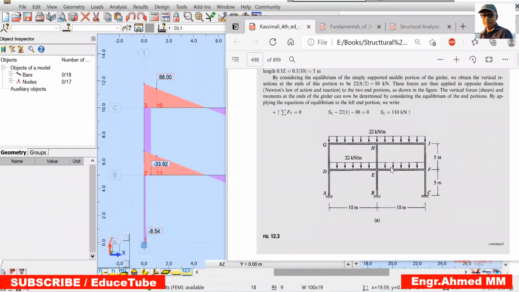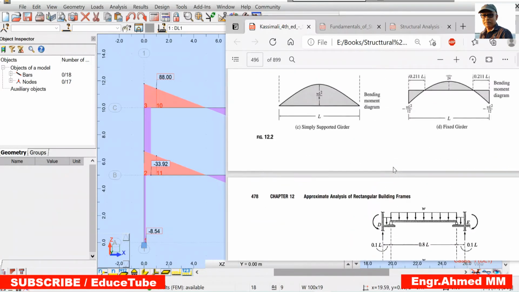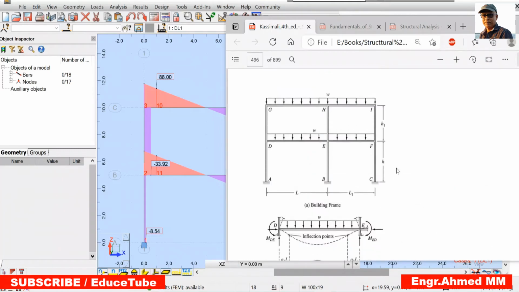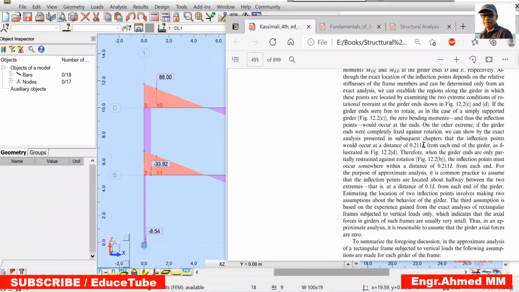How is it to be done? It can be done following some assumptions. So what are those assumptions? Inflection points are located at 1/10 of span from each end of the girder, and girder axial force is 0. Why 1/10? If we look at here, it says